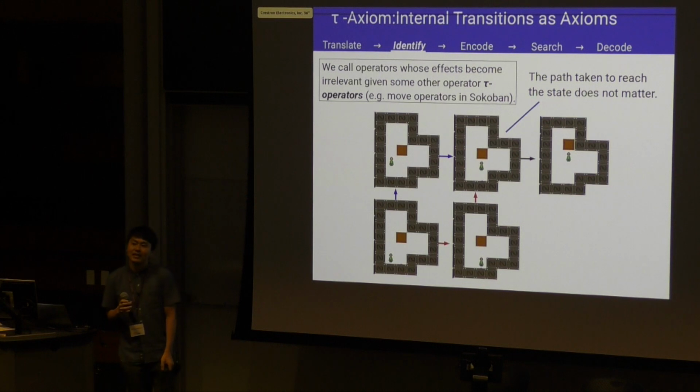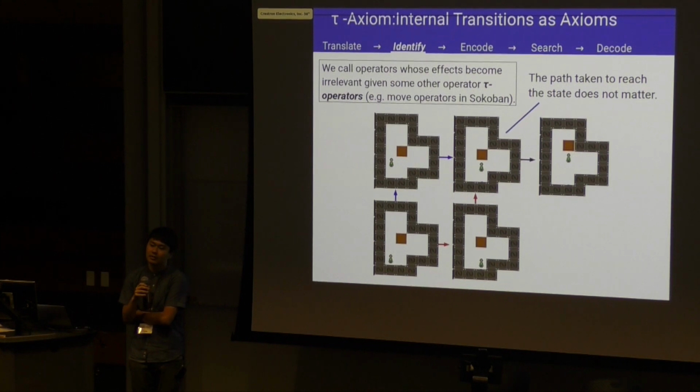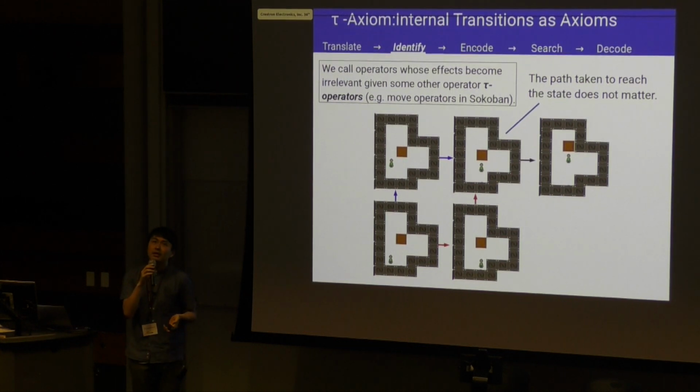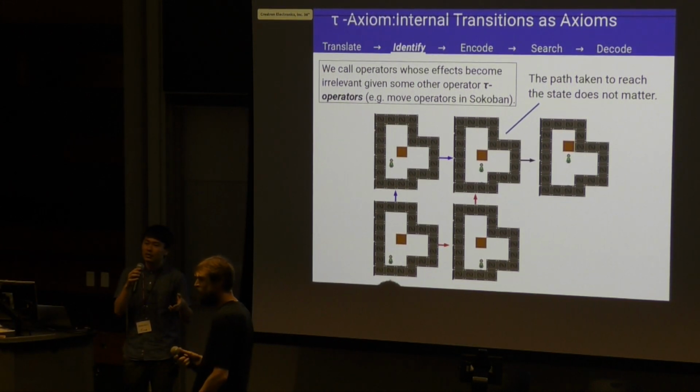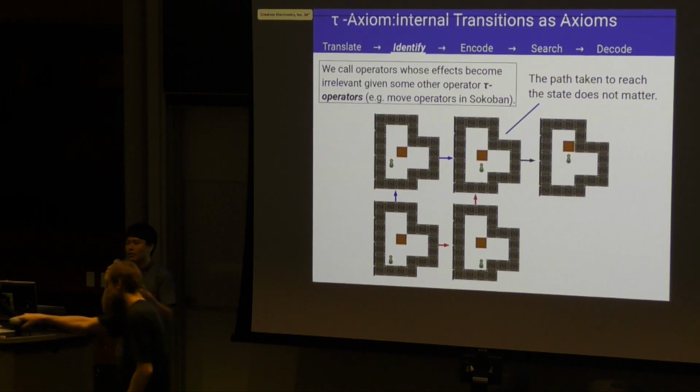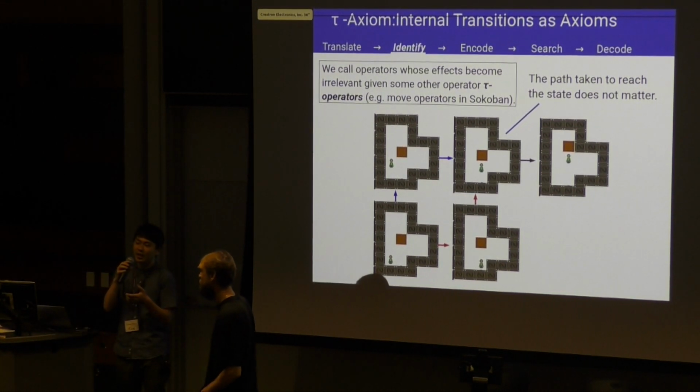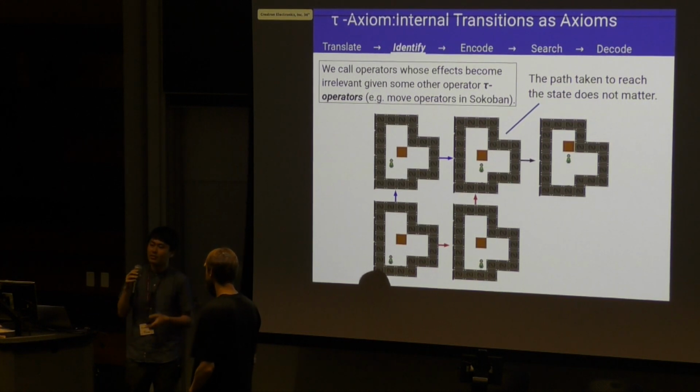You said you looked at cases where you found axioms for at least one instance of the domain. Yes. Were there cases where you found axioms in some instances but not the others? Yes. There are some kind of accidental axioms. In some domains where you have several tracks, in instances with only one track, we managed to find axioms. But in instances with multiple tracks, there were no unnecessary operators in the problems.